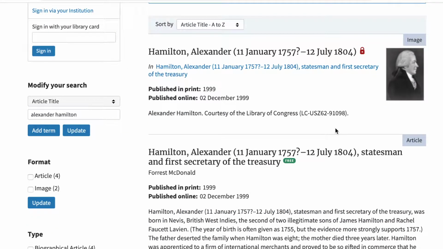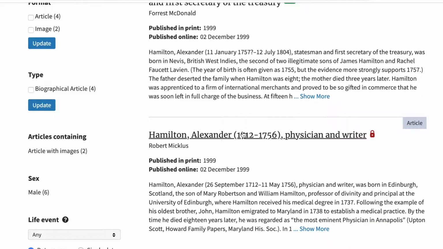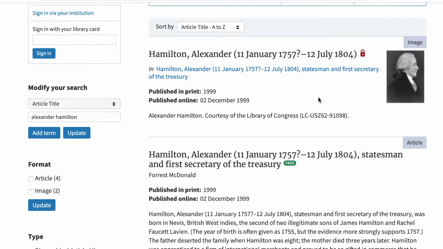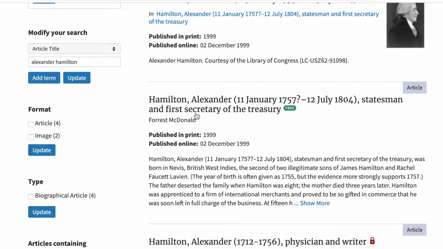This is, of course, the Alexander Hamilton, born 1757, died 1804 in a duel. Then there's another Alexander Hamilton down here, a physician and a writer, also played a role in American history, but that is not the person you want. So just make sure that you are, in fact, clicking in on the person that was a delegate at the Constitutional Convention in 1787. You usually get an image and then the article, and the article is really what you want.